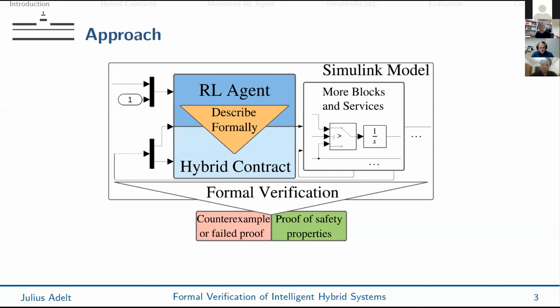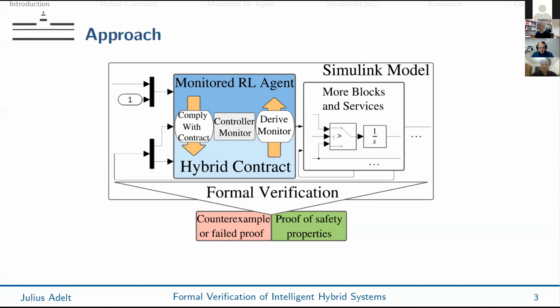To derive a formal description of the agent, we propose to use hybrid contracts which define its safe behavior, for example, which actions are applicable under certain observations. And to ensure that the agent also exhibits the described behavior at simulation time, we apply an existing safe reinforcement learning approach based on runtime monitors, which ensure compliance with the contract.